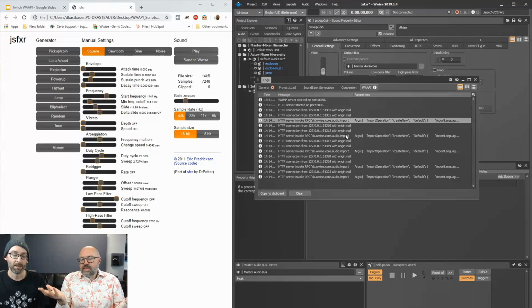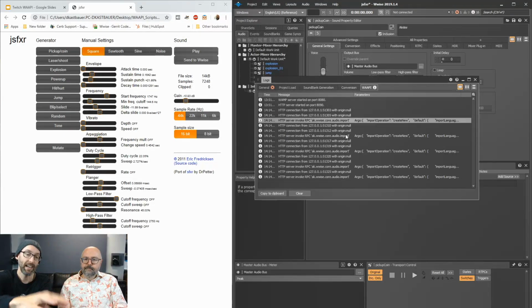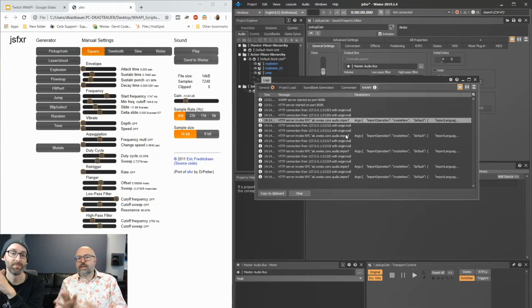What's to know? This is pretty straightforward at this point. Yeah, and we can only imagine what you could do. This is pretty simple stuff, but the door is open to anything.